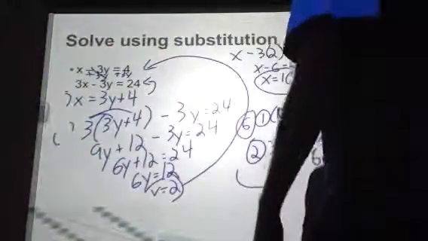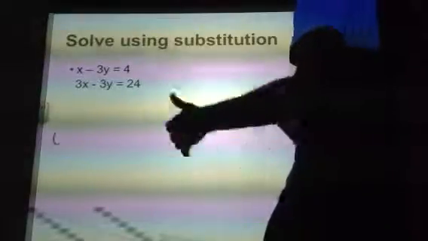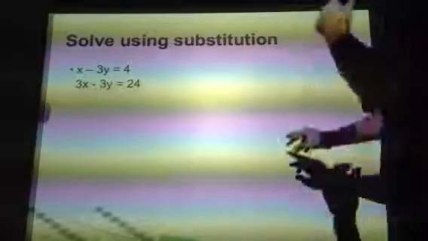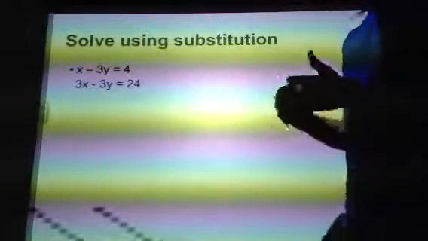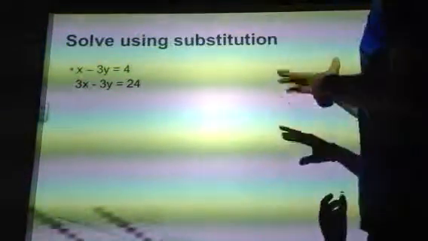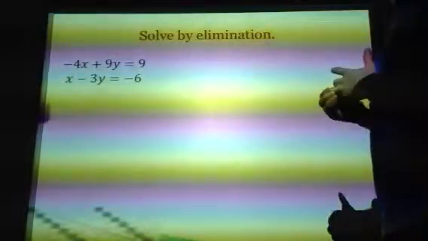Remember, that's what we're looking for. A solution to a system makes both of those equations true. When we're graphing it, it was the point that both of the equations had in common. It was the only point that was on both of those equations. Now, when we're using substitution or elimination here, it's